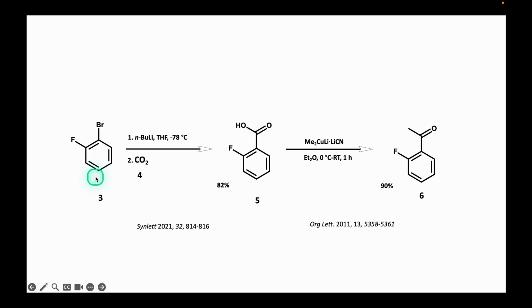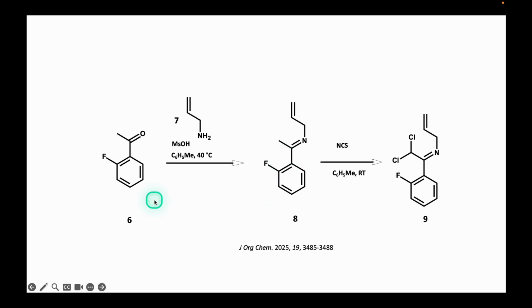The bromine-lithium exchange is performed by treating 3 with butyllithium to produce the aryllithium intermediate, which, without being isolated, reacts with crushed dry ice to generate carboxylic acid 5. The reaction of the carboxyl group in 5 with the complex formed by dimethylcuprate and lithium cyanide produces methyl ketone